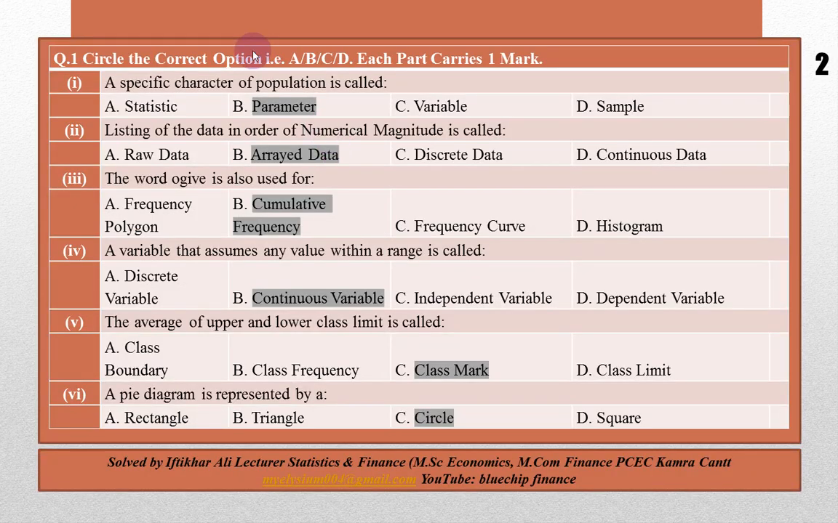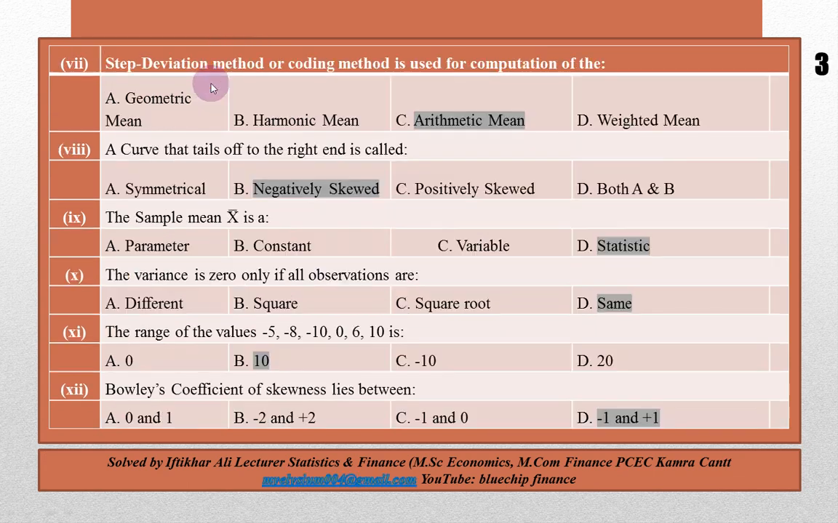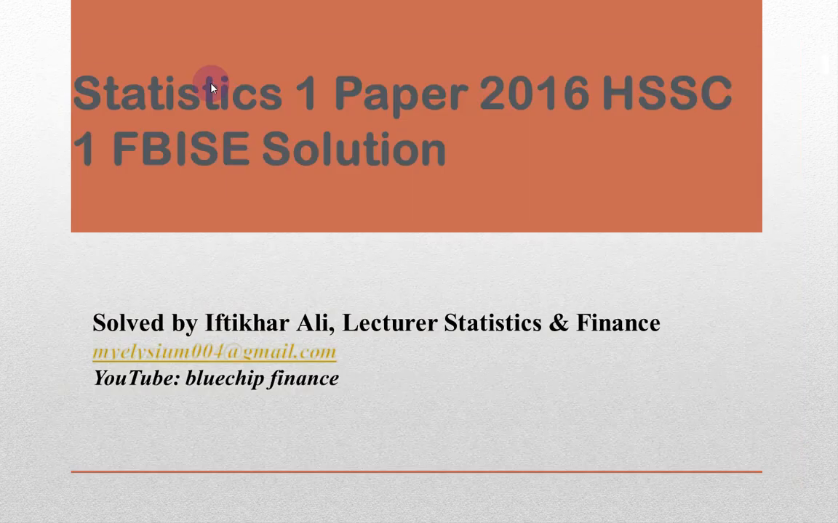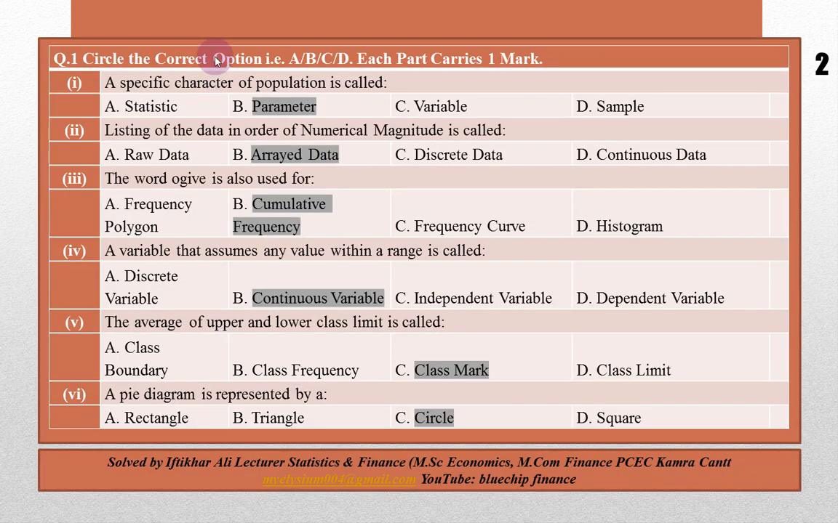First question is about the MCQs, and there are 17 MCQs given in the first question, and correct options are highlighted here, so you can see and understand these MCQs one by one. A specific character of population is called parameter, listing of all the data in order of numerical